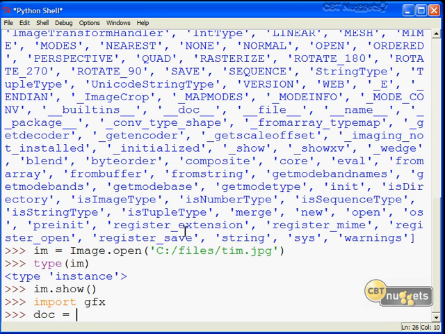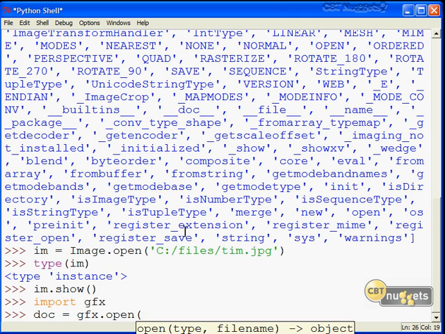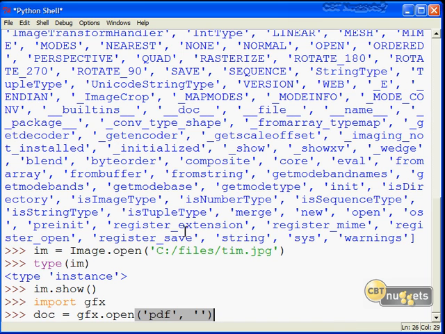And now I'll create a file handle called doc, and here again we have the open function. This time it's an open function within the GFX module. And the tooltip help says that our two arguments are type, comma, file name. So our type is PDF, and then our file name, I'm going to try just a relative path here. I have a PDF called itil.pdf.